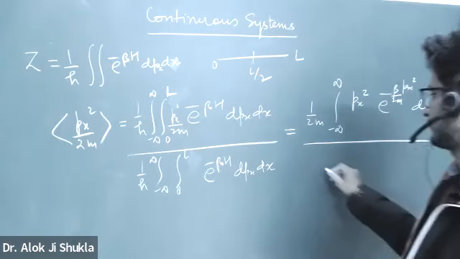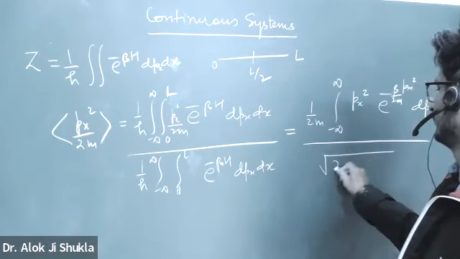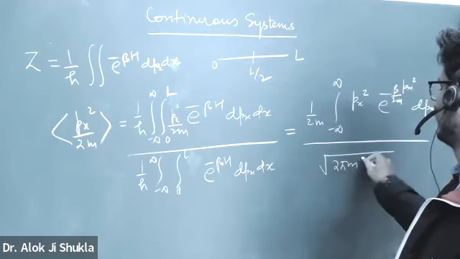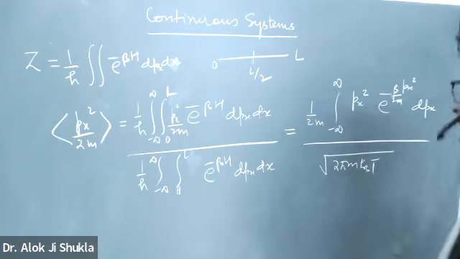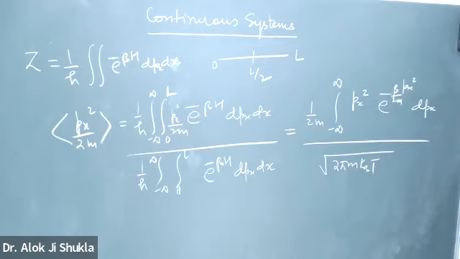Under root 2 pi m kbt. देखो समझ आ रहा है? यस सर।